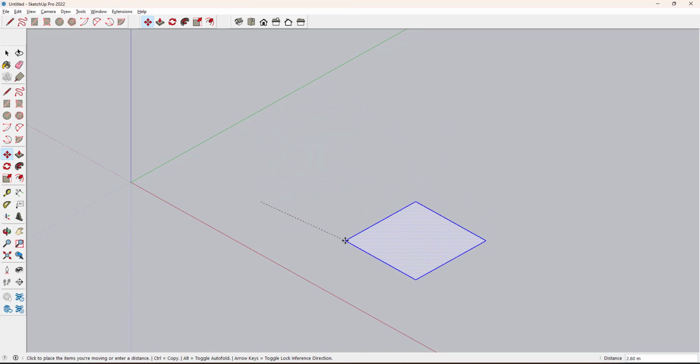You can even lock in a particular direction by pressing the arrows as I told you in the last session. Next, from this point how much distance we want to move, that it is asking in the distance measurement option. You can give 3 enter, 5 enter depending on the requirement. So this is how you can move the object.